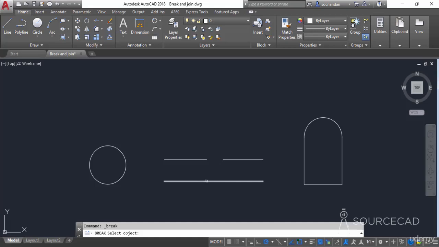I'll click somewhere over here, and by this click the object is selected, and also the first point is assigned here. Now you simply need to select the second breakpoint as mentioned on the command line. So now you need to click close to this point. Let's track it and click here, and here we have it. In this way you can create a gap of approximately the same size on this segment.